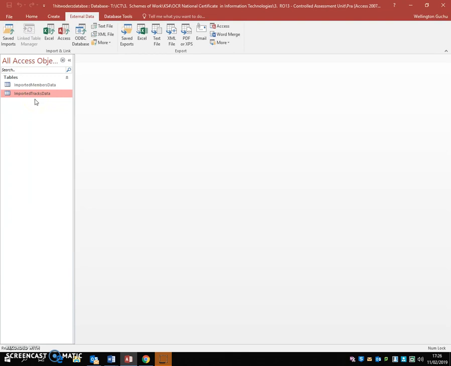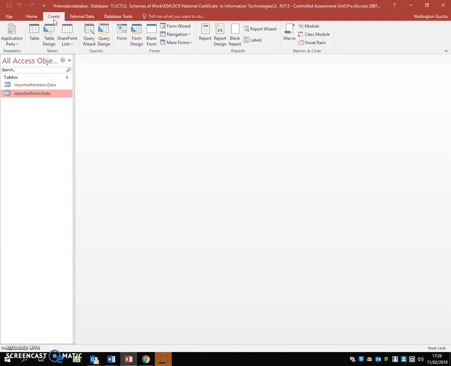Now, to create our tables, we're going to create a query called a make table query. Make table queries are queries that are actually used to create tables in Microsoft Access. So to create our first table, which is going to be the members table, we're going to click on Create, select Query Design,